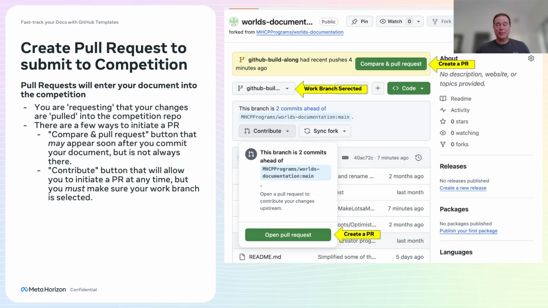So now the most important thing for all of this is that you need to commit this, and you need to submit this to the competition. So you've committed it, you've done the commit changes, it's in your repo, and now you need to create a pull request to submit it to the competition. So if you go back to your code view,